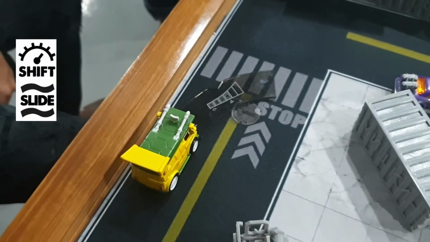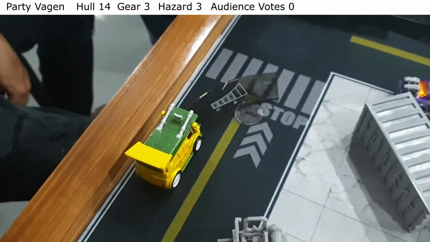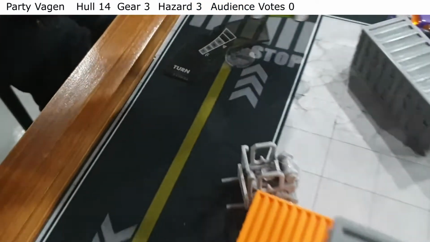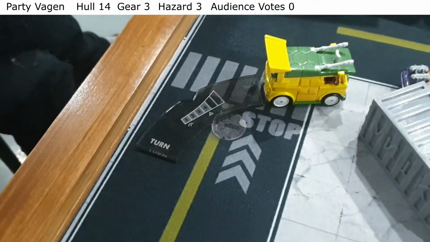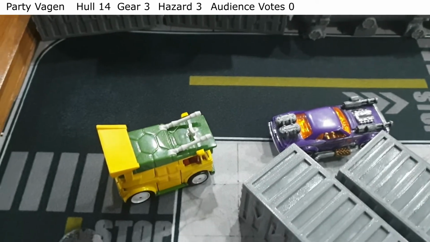Party Vegan rolled 1 shift and 1 slide. Martin cancels the slide and moved Party Vegan in position behind the Raptor. He aimed his harpoon and shot it. He succeeded in the first hit and spins Raptor, colliding to the container van besides it and destroying Raptor in